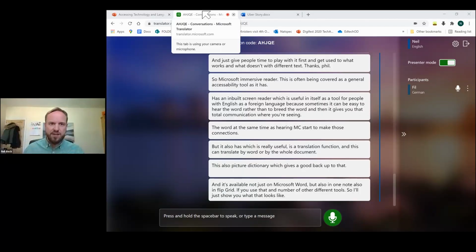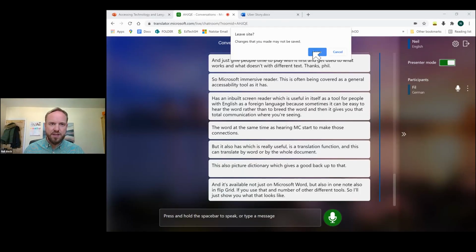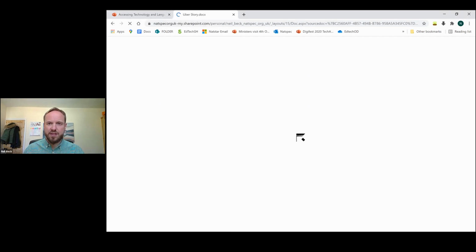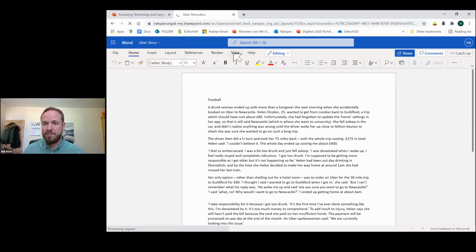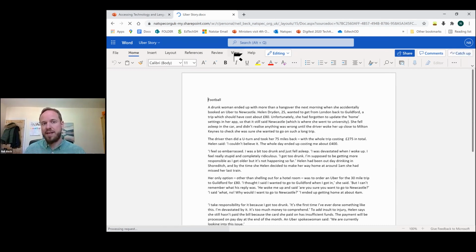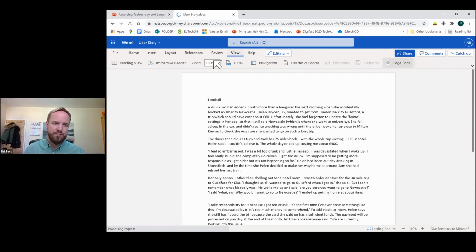Okay, so I can close down my conversation, and we can go to a text document that I've set up before. So here we go. We've got a story here, and it's just loading up on my version of Word. You can also do this through Microsoft Teams as well. The document reader there will look quite similar. Sometimes this View tab isn't there and you need to go to an arrow at the end to get to it. But if I go to View and I go to Immersive Reader,